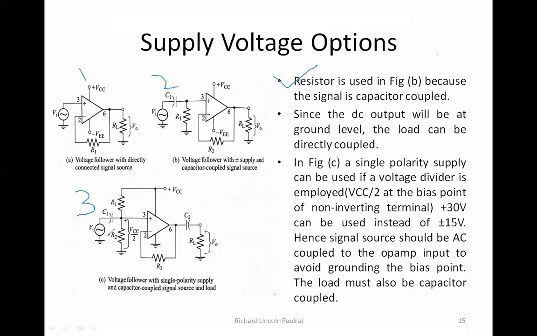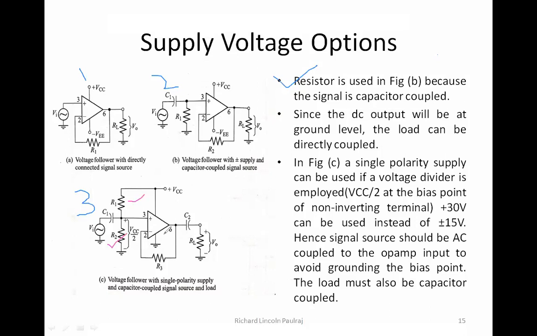Why? Because this does my job of dividing this plus 30 by 2, which means plus 15 and minus 15. So I should have this voltage divider circuit, and it's not compulsory for me to have minus VEE. So this is the other way of giving. You have a coupling capacitor, same as here. You have the resistor here. Just that the VCC is connected through another resistor, and that resistor is your R1. So R1 and R2 together form the voltage divider.